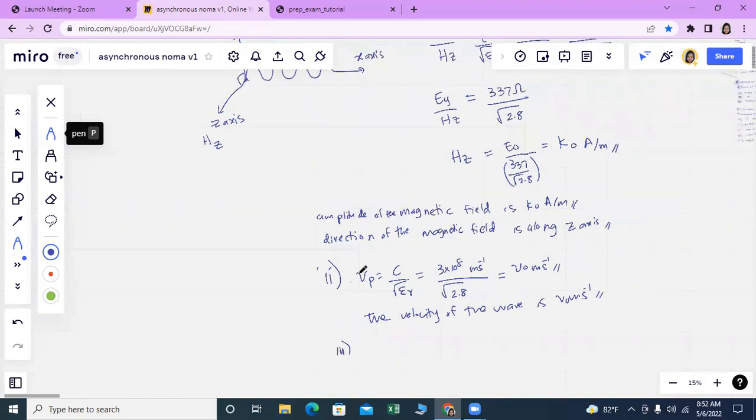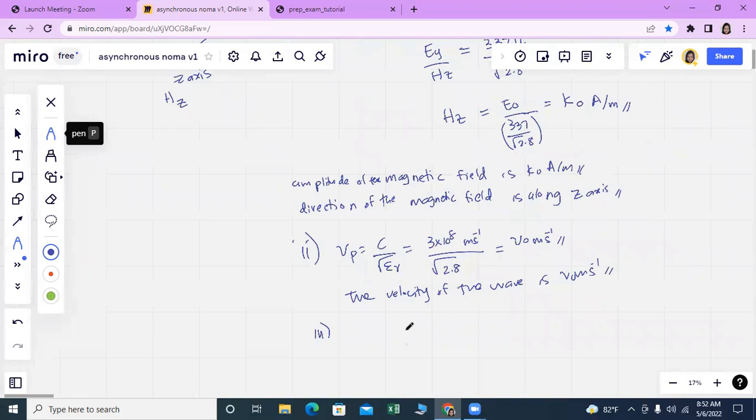The wavelength of the wave you have to find using our notation that